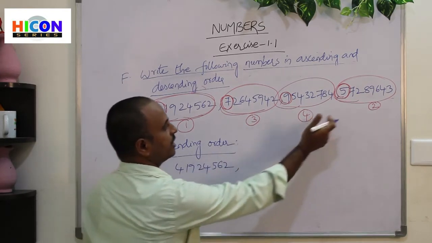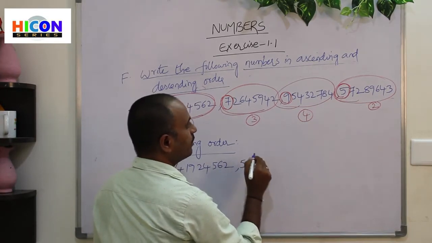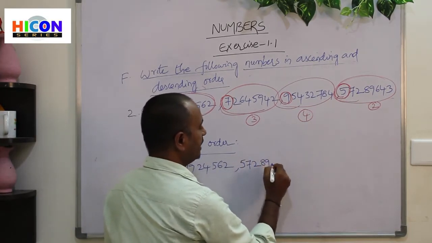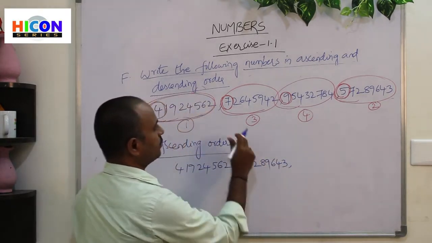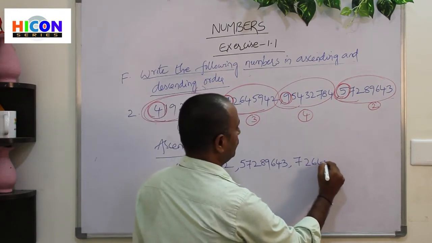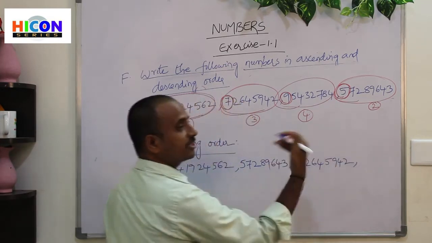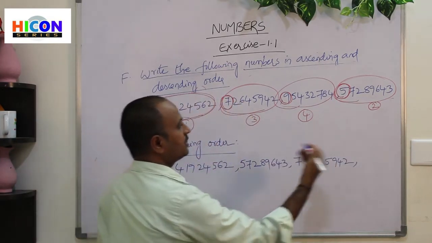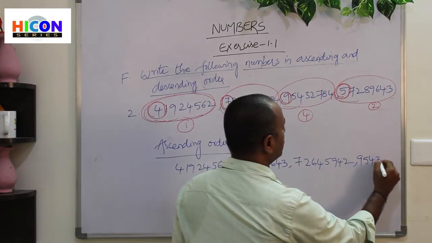The second smallest number is 5 crores 72 lakhs 89,643. And the third smallest number is 7 crores 26 lakhs 45,942. And the last, that is the greatest number, is 9 crores 54 lakhs